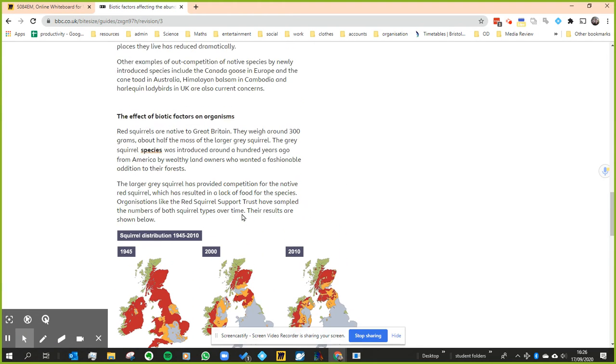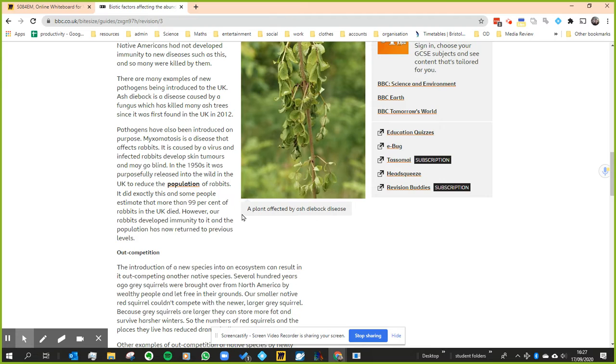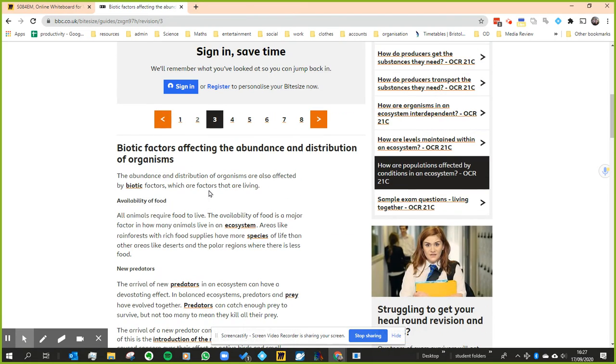So this is looking at biotic factors. The last one was about abiotic factors. So biotic factors, again, things that could affect the numbers of an organism. But this time it would be